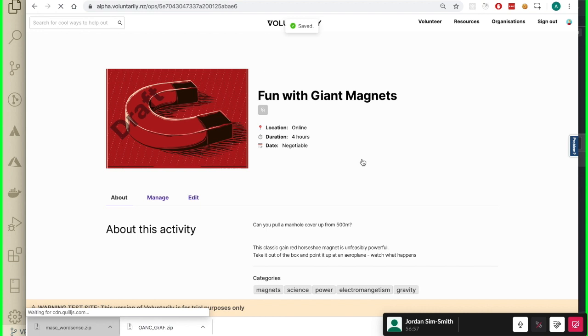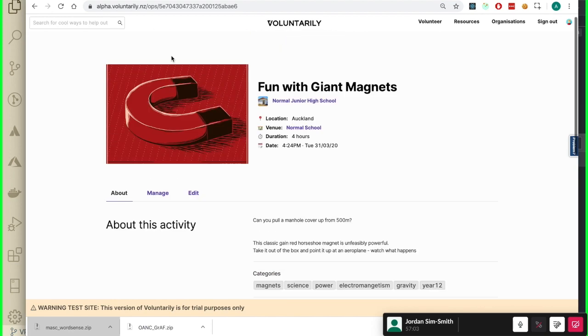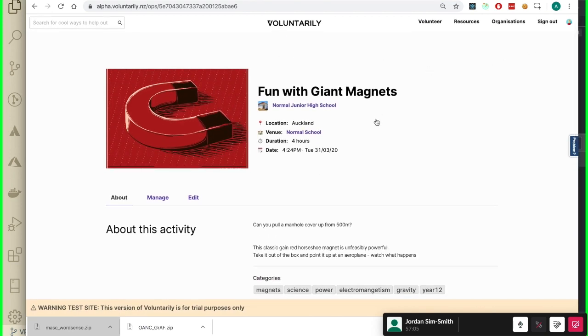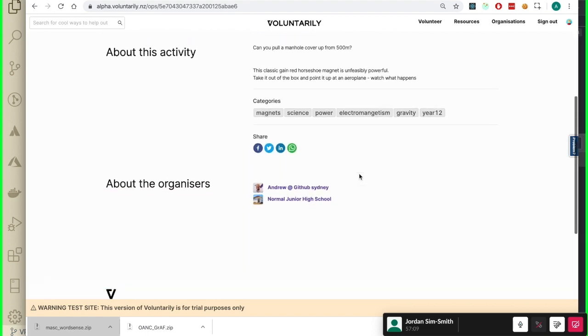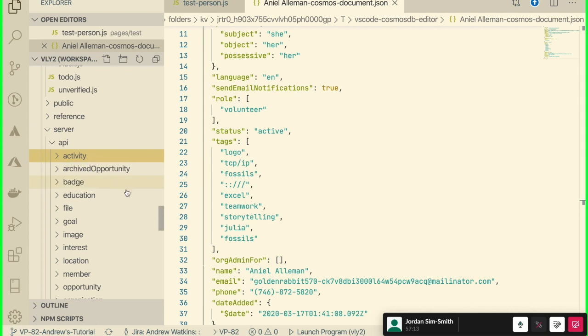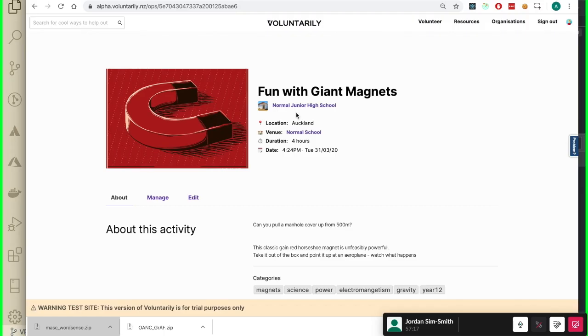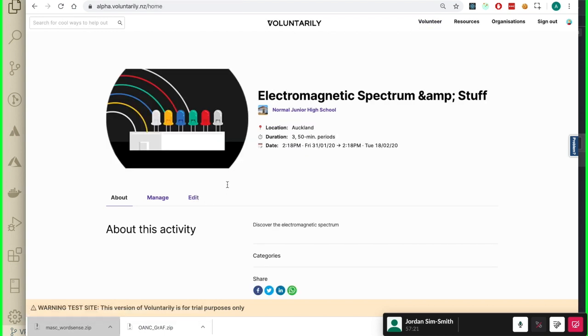Okay. So if you look at the URL here, it looks the same, but it's been turned into an opportunity. And if I sign in now as a volunteer, I can see a button that lets me say I'm interested, I get involved in this project. So the activity is the first big entity. Everybody's a person. Everybody has a profile which they can edit,